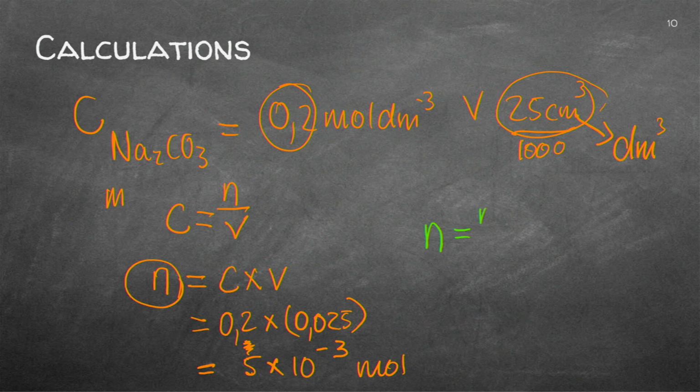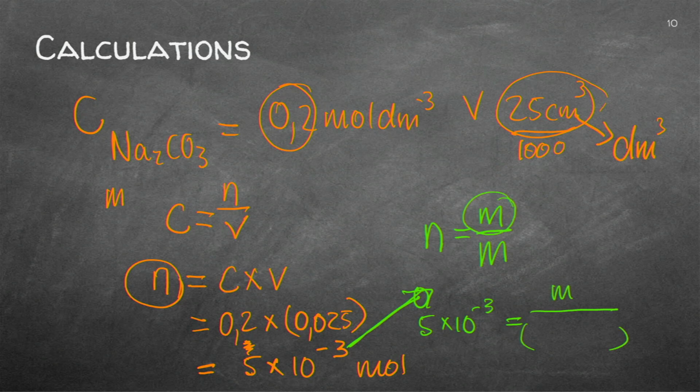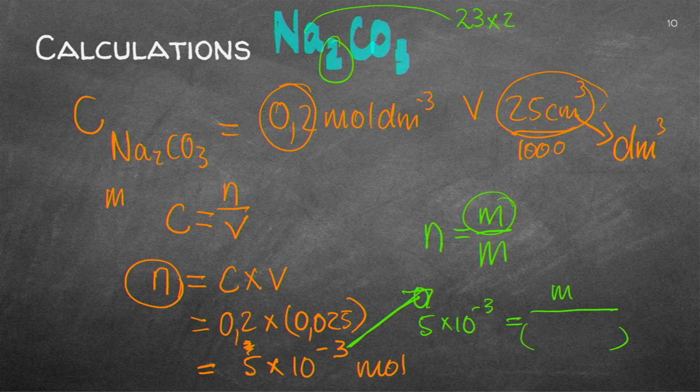The n is the mass over the molar mass. I've got the n now. Do you see that answer there? I can substitute in there. And I've always got the molar mass. Now, that's what they asked me. The molar mass, I'm quickly going to show you, is of sodium carbonate. What's the mass of sodium? It's 23. And you see I've got 2 of them. Carbon is 12. Let me do that. And do you see I've got 3 oxygens?